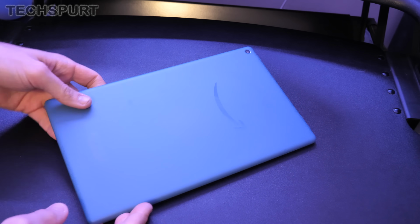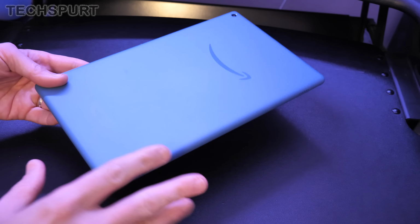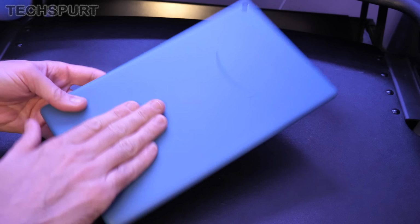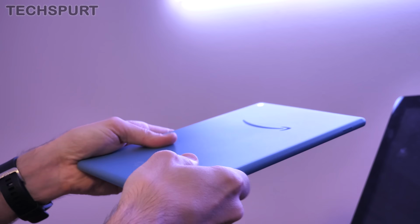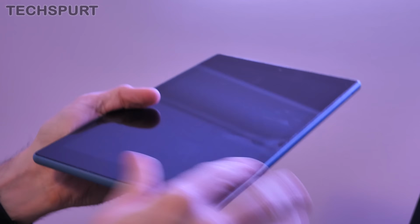Now, as with all previous Fire HD tablets as well, you can expect a budget-friendly design. And what I mean is, don't expect any premium elements like metal chassis or anything like that. It's a plastic body, nice and plain and simple. That said, the construction is nice and sturdy. It's definitely a solid plastic shell, as you can see, curving around the edges there and just meeting with that